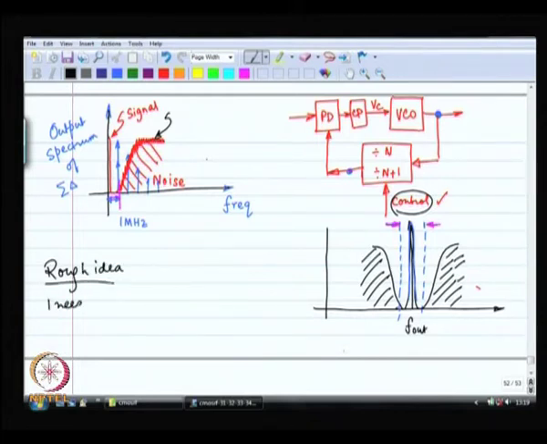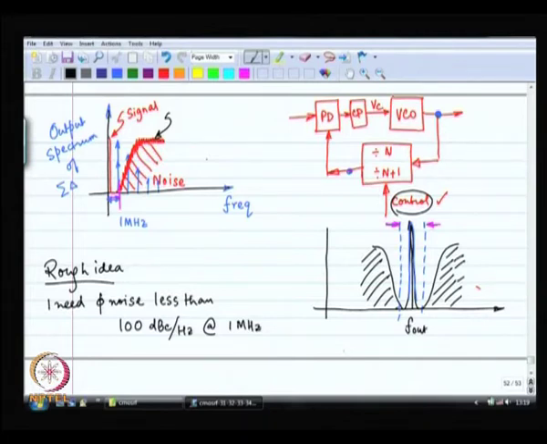I need phase noise less than, let us say, 100 dBc per hertz at an offset of 1 megahertz. Suppose this is the requirement of phase noise of the final VCO,